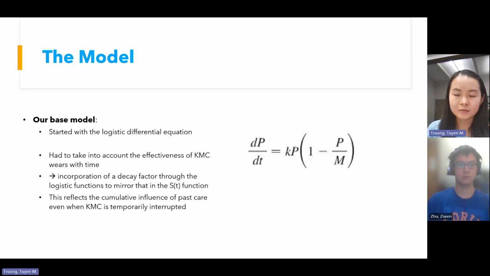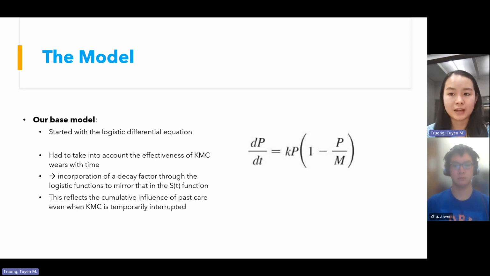So obviously we listed the factors that we consider in our model, but we also want to start with a base of how we were going to approach developing our model. So we started with the logistic differential equation because we assume that over time mortality rate will decrease with KMC, and it's going to plateau and approach zero because there's just a limit as to what the